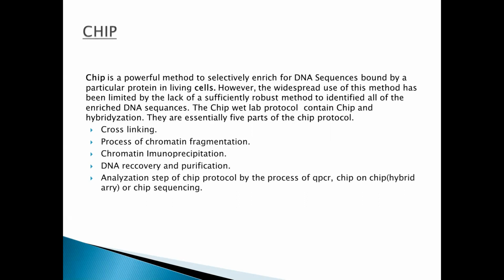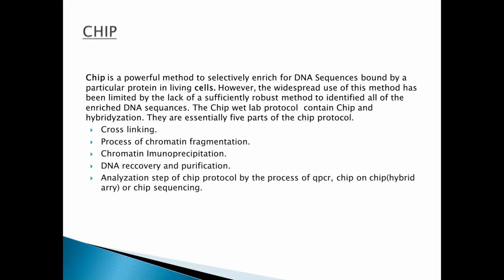And the third step is called chromatin immunoprecipitation, which is what ChIP is short for. The ChIP process enriches specific cross-linked DNA-protein complexes using an antibody against the protein of interest, followed by incubation and centrifugation to obtain the immunoprecipitation. The immunoprecipitation step also allows for the removal of non-specific binding sites. And the fourth step is DNA recovery and purification, taking place by reversing the cross-link between the DNA and protein to separate them and cleaning the DNA with an extraction.